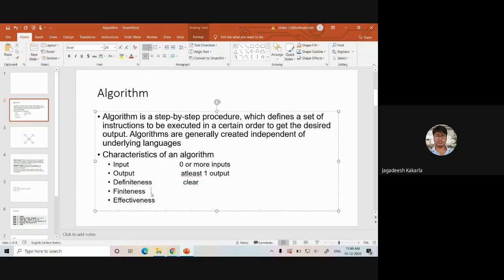After that, what will he say? It still is not giving the output. So what will you say? The client will say, please write the program properly and show me next week. So every algorithm should have a finite number of steps and should execute in a finite amount of time.